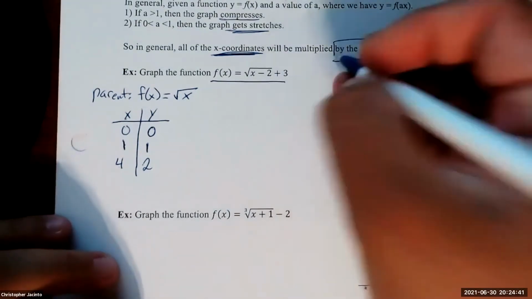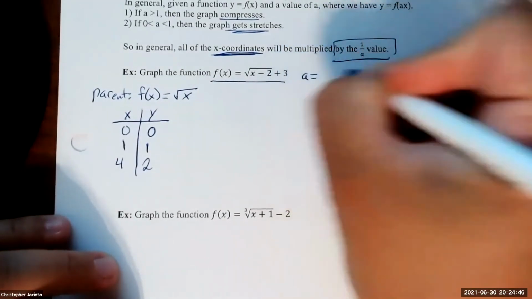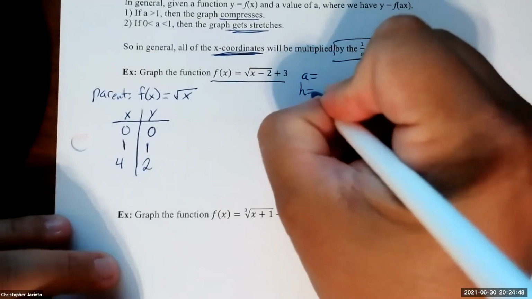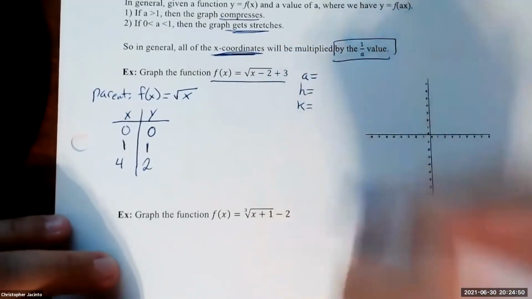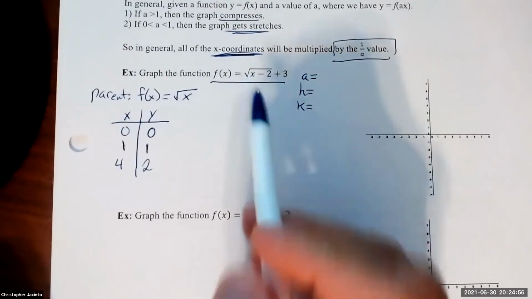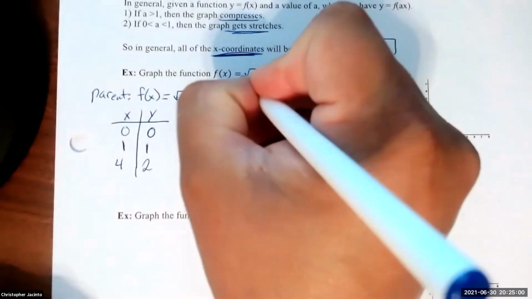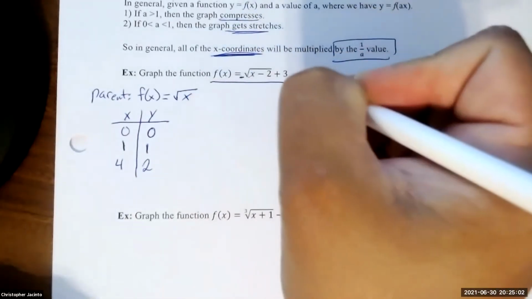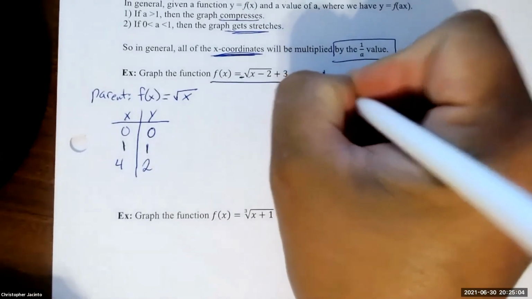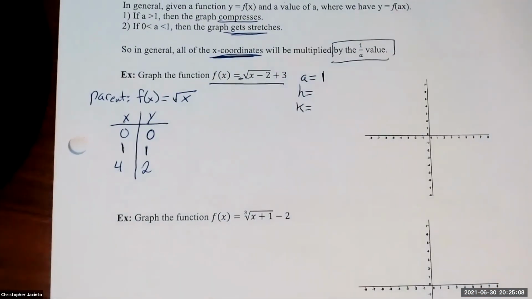All right, so now we want to identify a couple things. Now we have this new a value, so I also want to identify that as well. Remember, the a value is usually the one number in the front or right next to the x. And in most cases, they're going to be the same number. So hint, hint here, the number in front of this is just a 1. Same thing in front of the x, so a is 1. So nothing's going to be changed when it comes to it. When it comes to h,